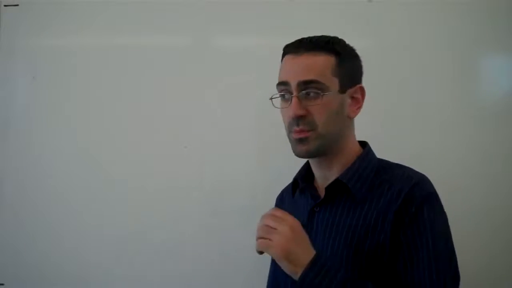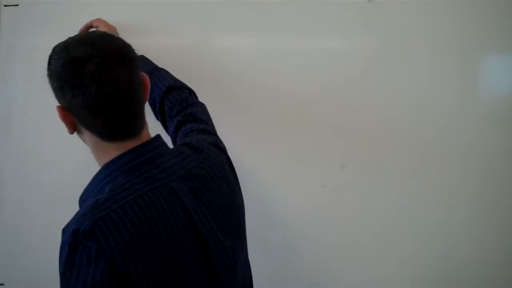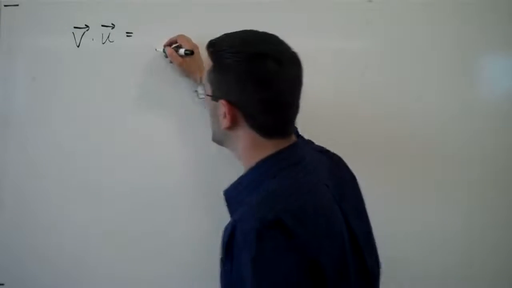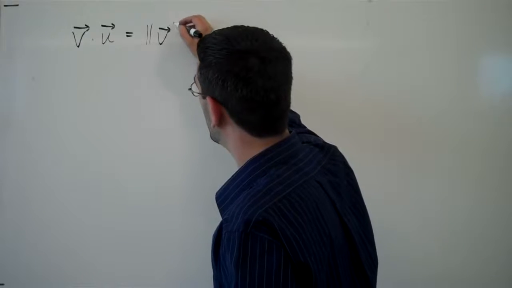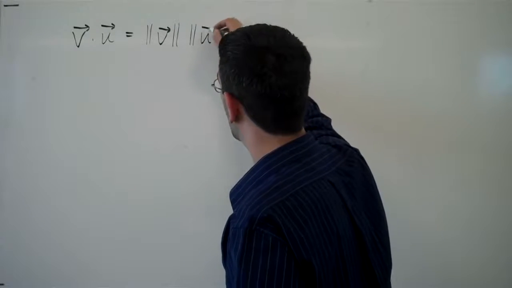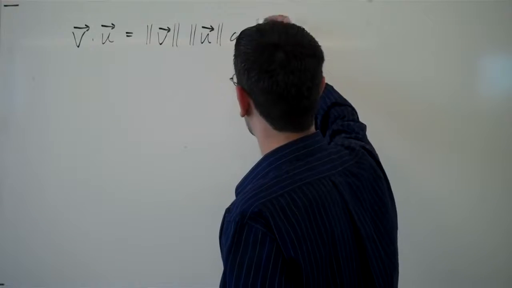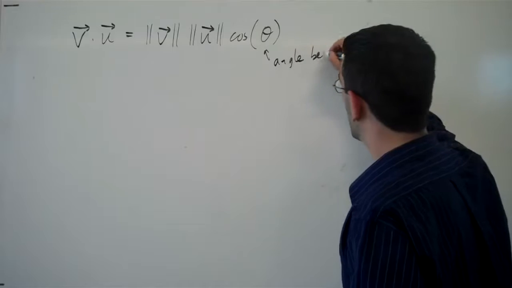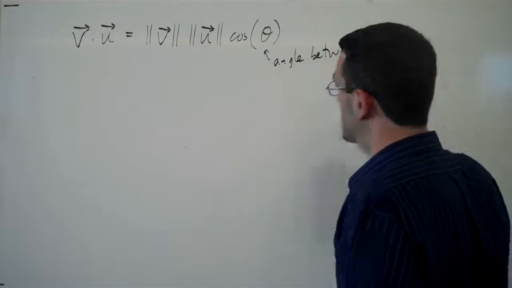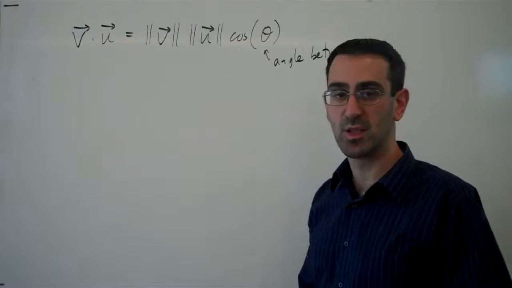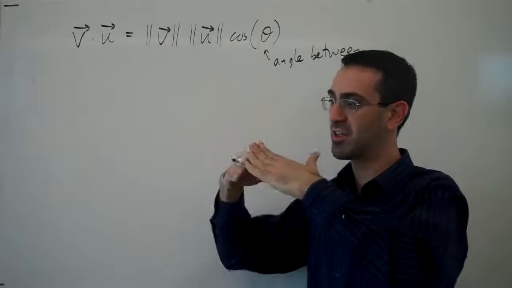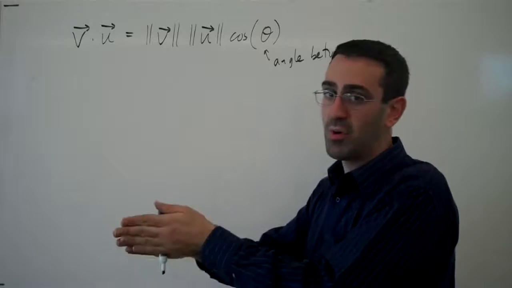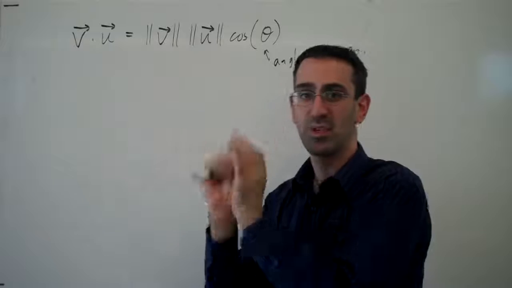So the geometric interpretation of the dot product says that the dot product of vectors v and u is equal to the magnitude of the vector v times the magnitude of the vector u times cosine of the angle between the vectors, which is always going to be an angle between 0 and pi, because no matter which vector direction the vectors point, the closest angle is always going to be between 0, pointing in the same direction, and pi, pointing exactly